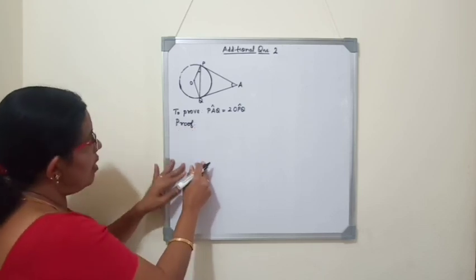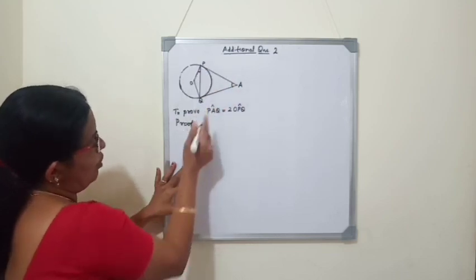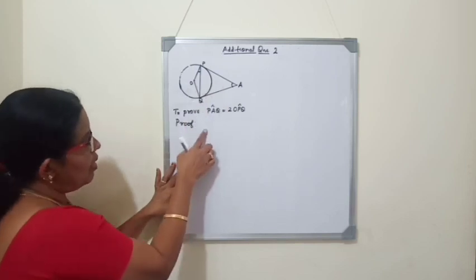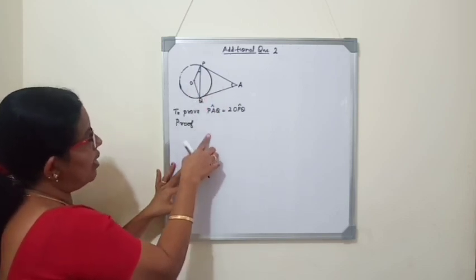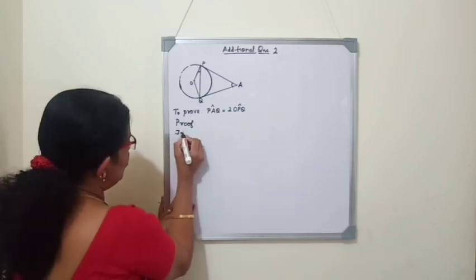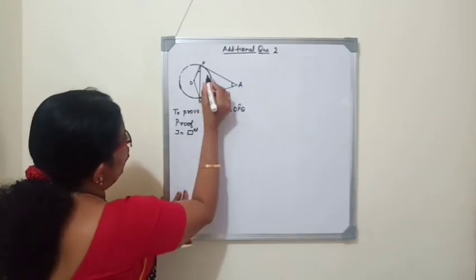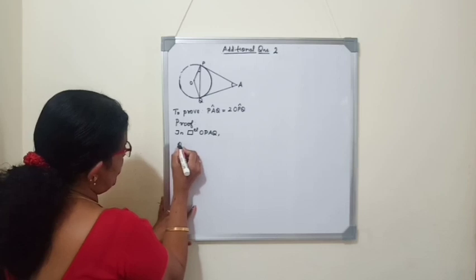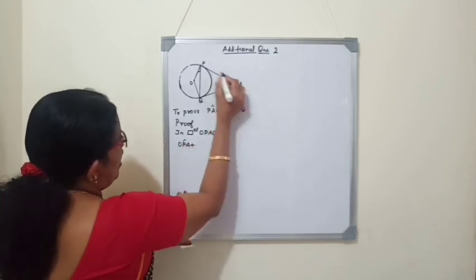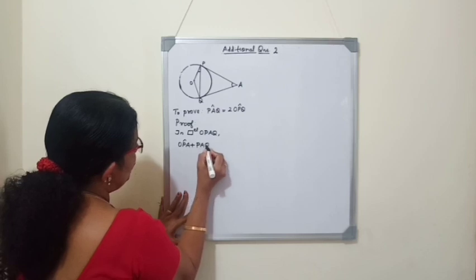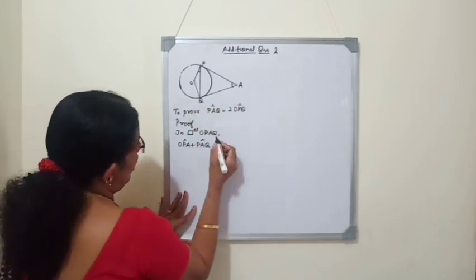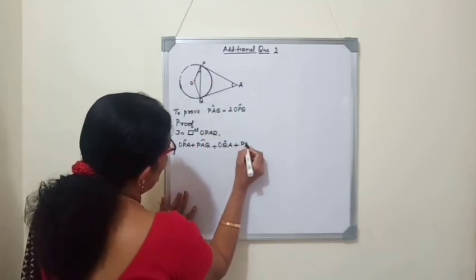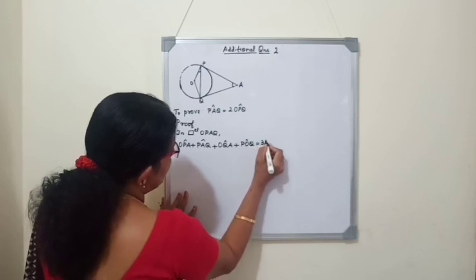So first we will consider the quadrilateral APOQ. However we can say the name OPAQ or however. It is a quadrilateral. You all know that sum of all the four angles of a quadrilateral is 360 degrees. So we'll apply that in quadrilateral OPAQ. We will write OPA, first angle, plus next angle PAQ plus third angle OQA plus fourth angle POQ is equal to 360 degree.